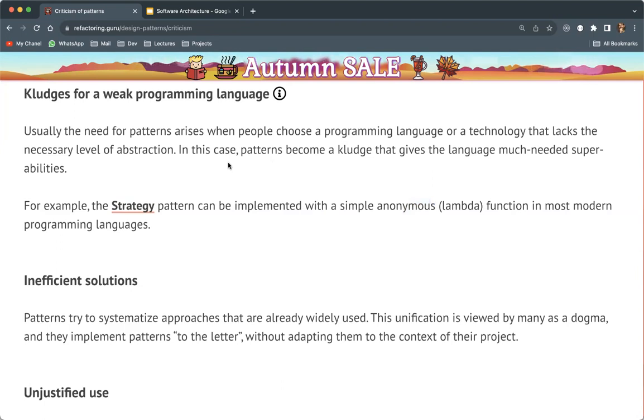But for now, remember, some design patterns work on some programming languages, but not 100% on others. Some programming languages do not have the functions required to create such